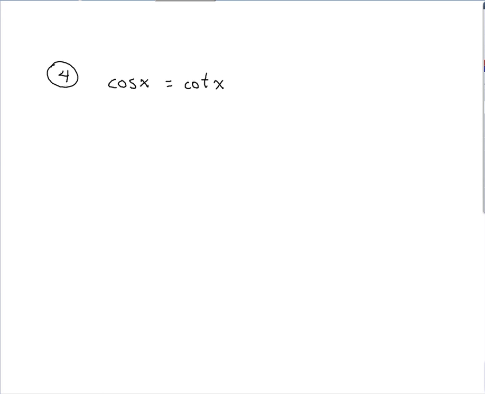So very similar to the last one, you got 2 trig functions in here. As we discussed in the last one with the 2 trig functions, it was nice to move everything to one side so that you could do some kind of factoring, right? But if you look at what you have here and you move, say, the cotangent of x over, are you going to be able to factor anything out? No. No common trig functions. So if you get stuck, what you usually do is you try to use an identity here. And if you recall with cotangent,